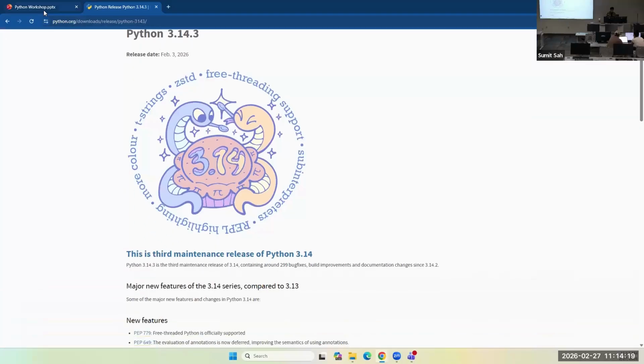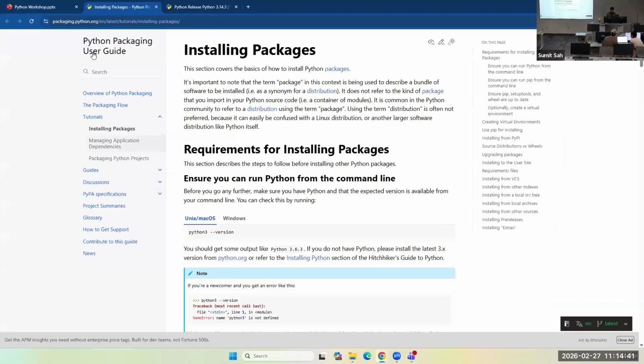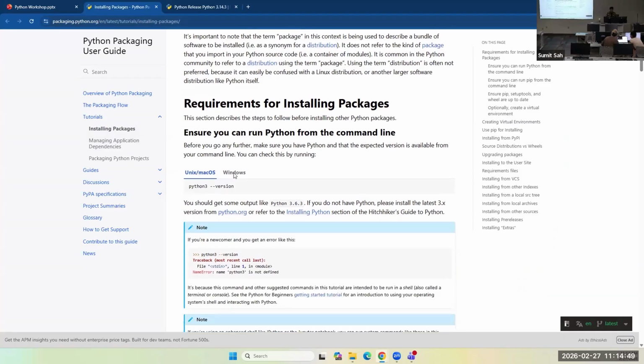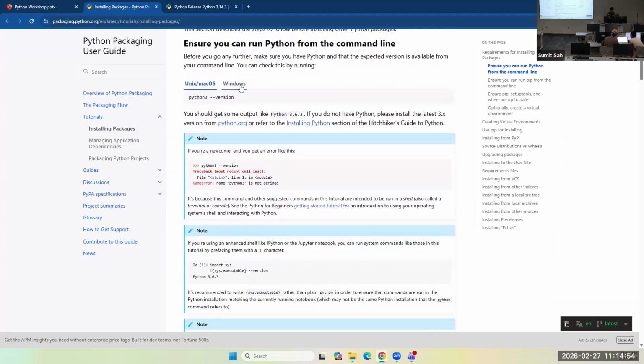Just installing Python is not enough because it's just a language. You will also need to install libraries, especially when you are working with data. You have libraries like pandas, numpy, matplotlib, and you need to install them manually. Again, we will not be installing any libraries. You can follow these tutorials to get an idea on how to install those packages and libraries, for Mac or Windows, and they can be found here.